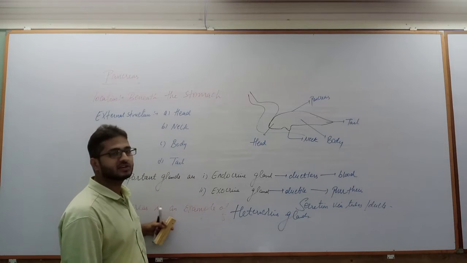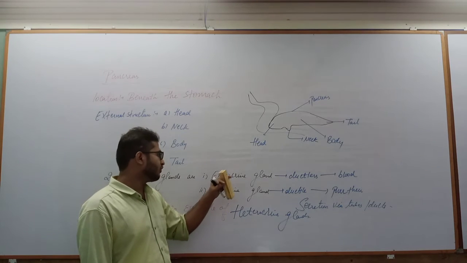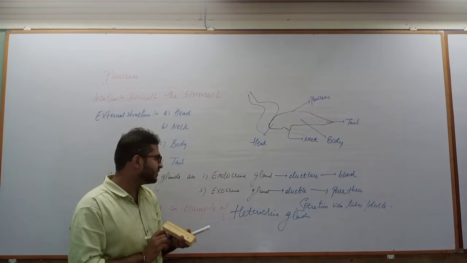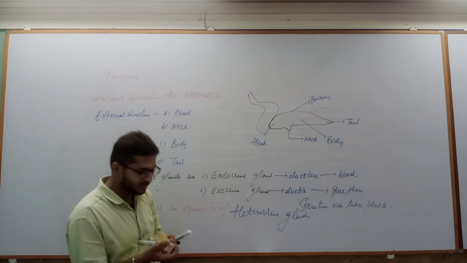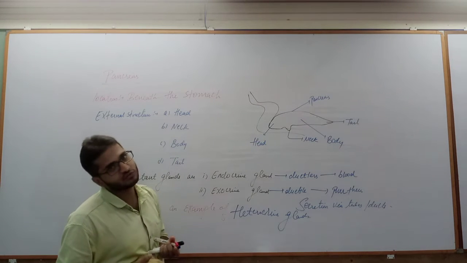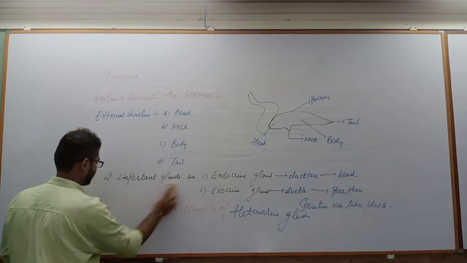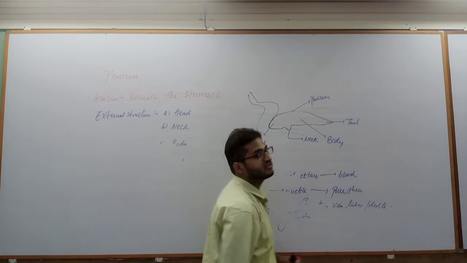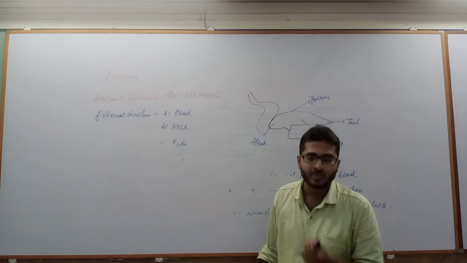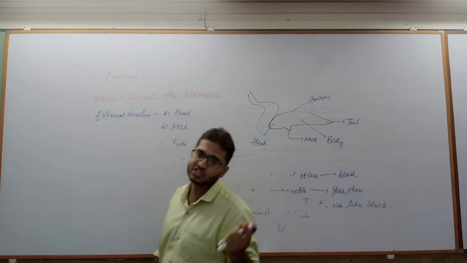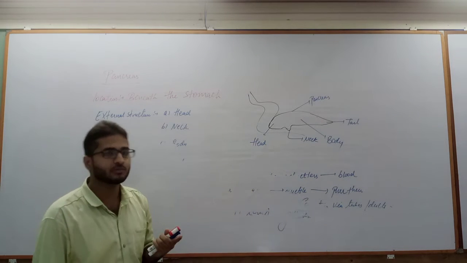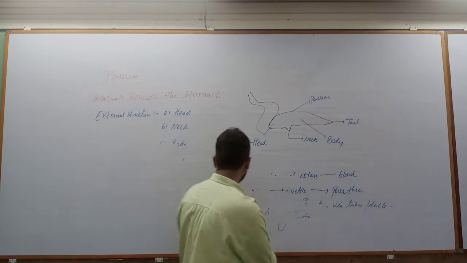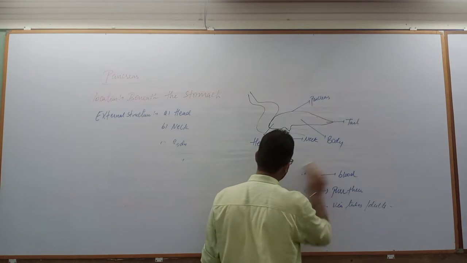Okay, so now let us discuss the parts of the pancreas which are exocrine and which are endocrine, and their functions also. First we will study the exocrine part of the pancreas and the cells associated with it. The exocrine glands of the pancreas are mainly responsible for the secretion of pancreatic juice, and this pancreatic juice is required for digestion of various molecules within the intestine. So let us discuss the exocrine part of the pancreas.